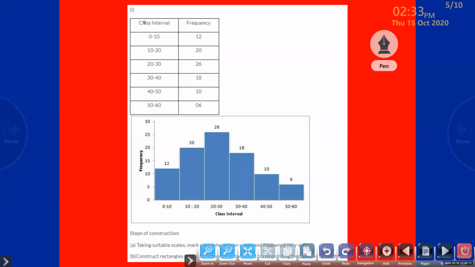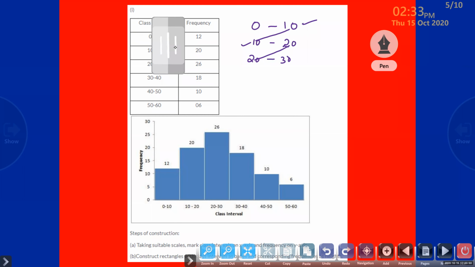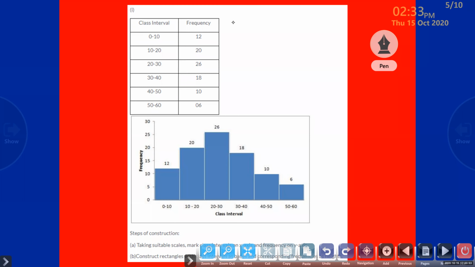Okay, children. Class interval. Just check the class interval. One is 0 to 10. Clear? It is interval. In a histogram, there are no individual points, individual observations. It's all intervals. So 0 to 10, 10 to 20, 20 to 30. That means the ending point and the starting point are the same. Clear, children? Yes, ma'am. So it is connected. 10 and 10 is connected. 20 and 20 is connected. Clear, children? So when you draw a histogram,